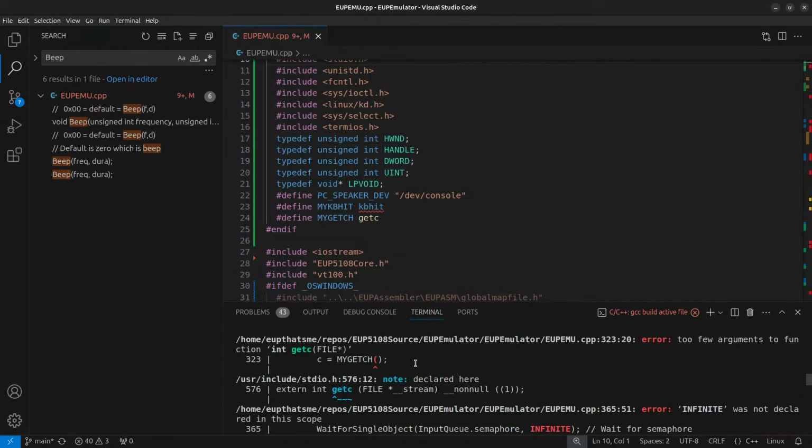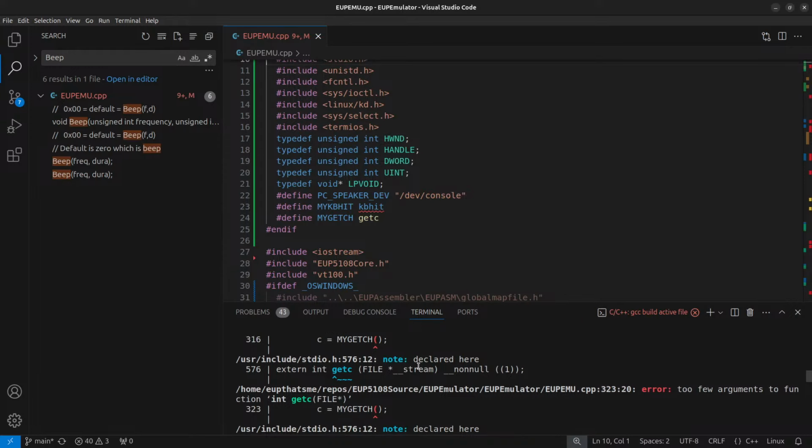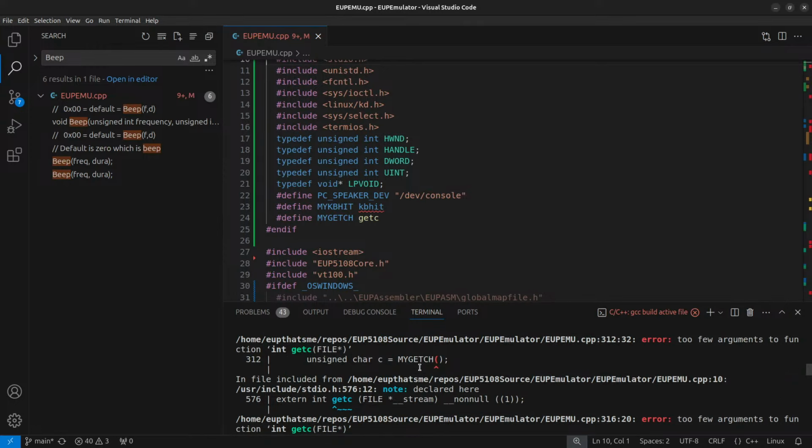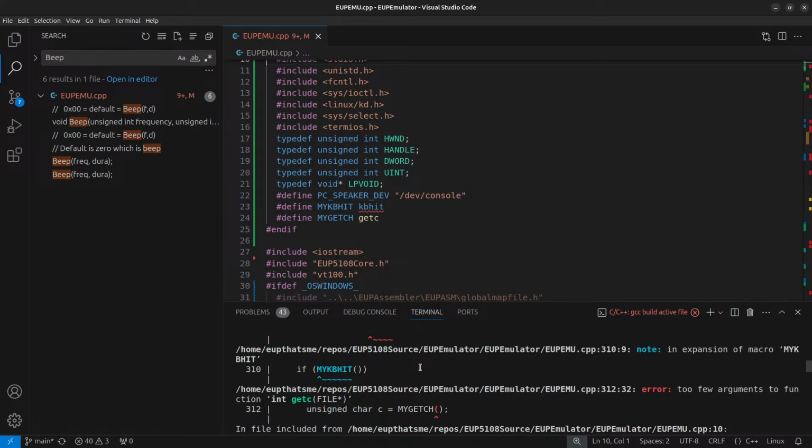Let's see. Gitc takes a parameter of a file pointer. And then that's not the one I want, is it? I don't want gitc because I don't have a file. I mean, I'd probably do it with standard in or something to that effect, but